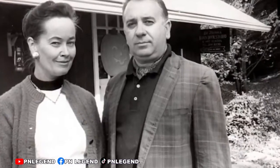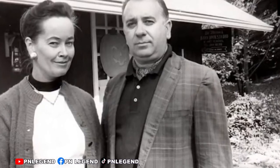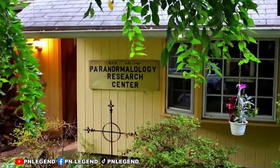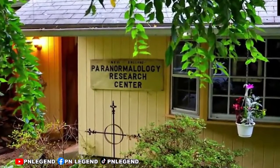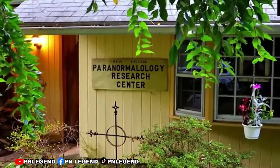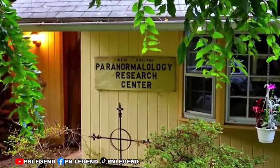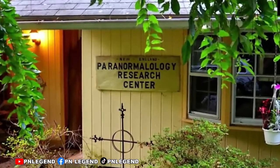determined that the spirit of a young girl named Annabelle Higgins was to blame. She had been killed, and her body had been found in the exact same area where Donna now lived, except it was just a bare field back then. Donna and her roommate gave Annabelle permission to live inside of the doll, and they gave it to the Warrens for safekeeping. The doll, possessed by Annabelle, is now in a paranormal museum owned by the Warrens, and she is